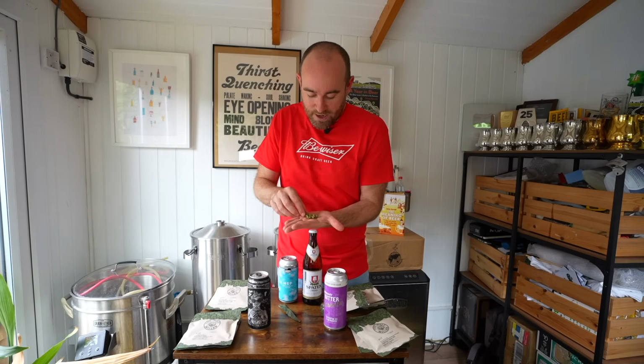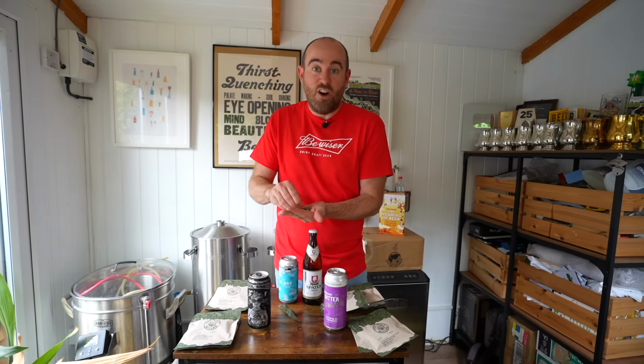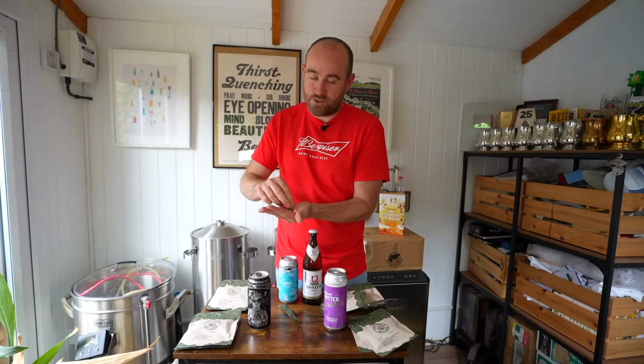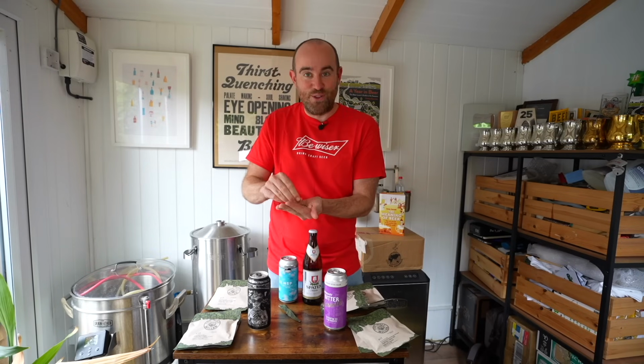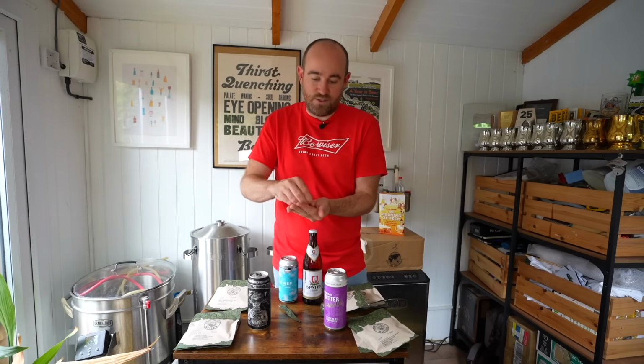You can see here the pellets are really, really firm. That points to the fact that there's going to be a little bit less hop oil content to them. They're a bit harder to squidge down. When we get to the hops on the right hand side of this table, that's going to be a very different story. But these are the ones that give